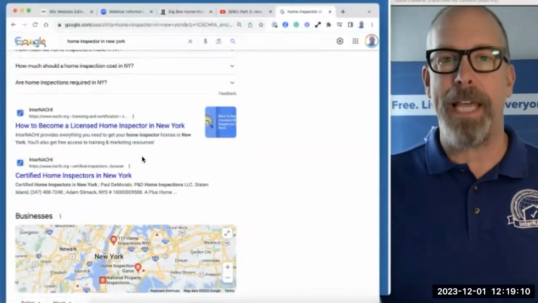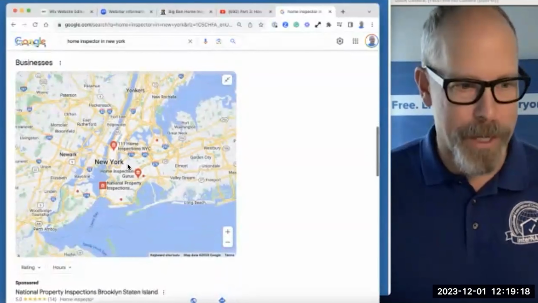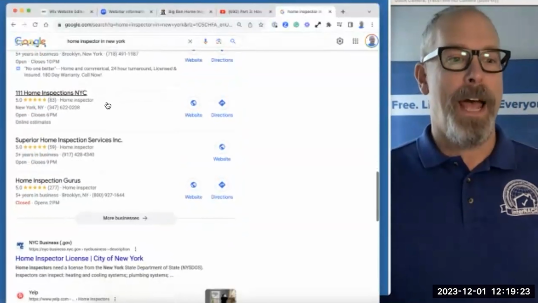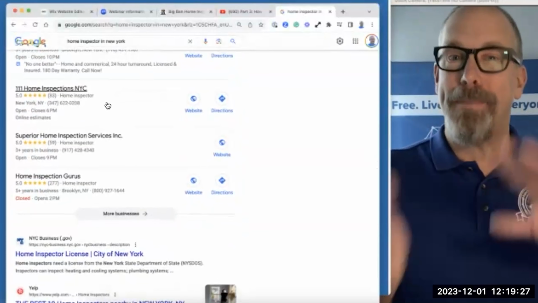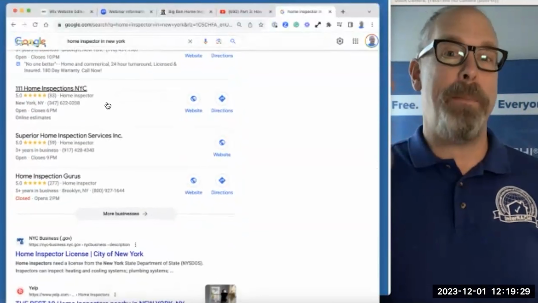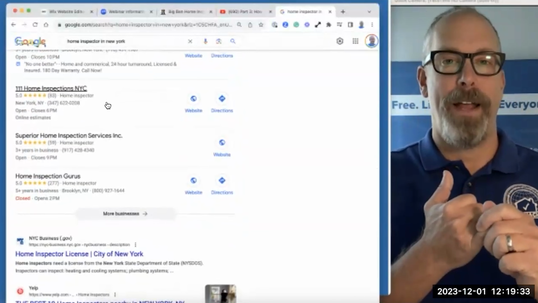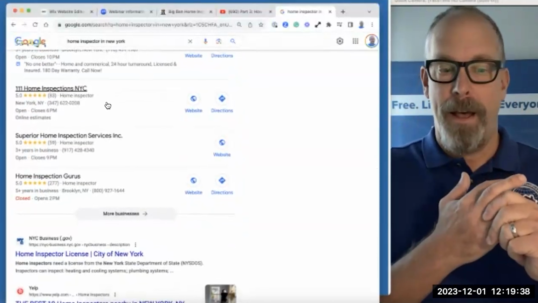And then there's a map of Google, and you can Google map of New York, and you look for inspectors that way. And then there's more sponsored stuff. And then here comes some organic searches, right? And we talked about this in previous webinars. Like if you wanted to be at the top, well, I'd become an InterNACHI member, get certified for sure. You just saw it. We're on the top of Google searches. And then if you wanted to